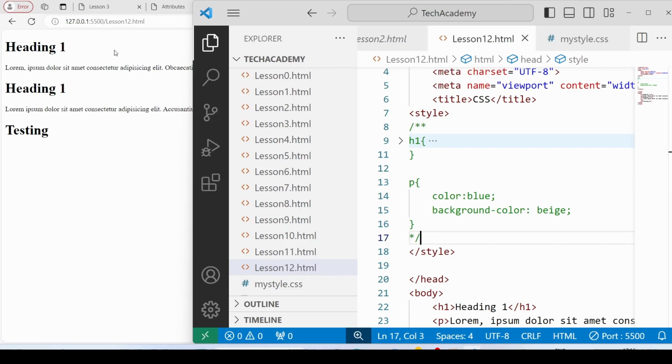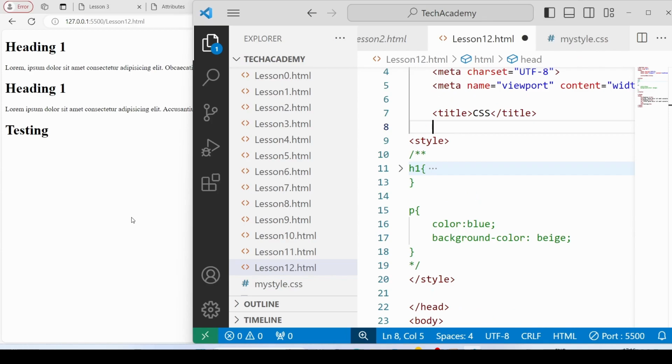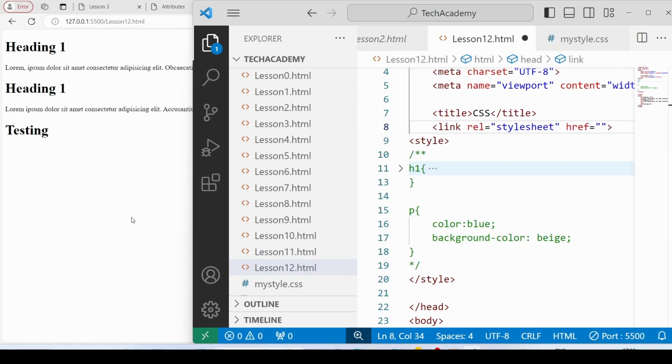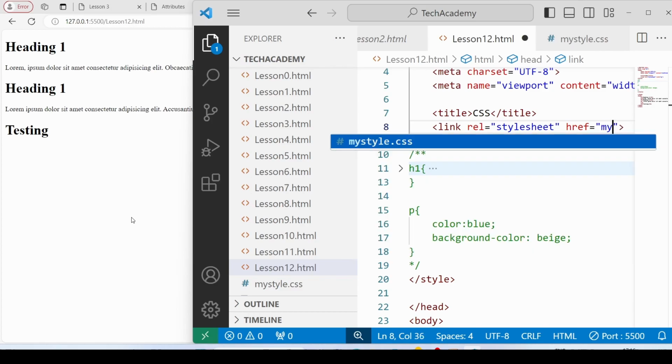Now we can only see the content that we have placed using HTML. After that, we now have to link this file with external CSS. So inside the head section you have to use the link tag. With link you use rel as stylesheet, and href is the reference of your CSS file. So my CSS file is located in the same folder with the name